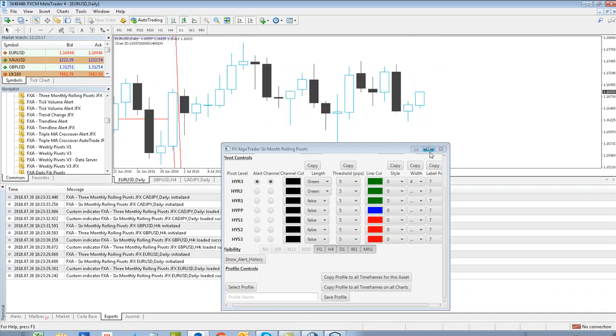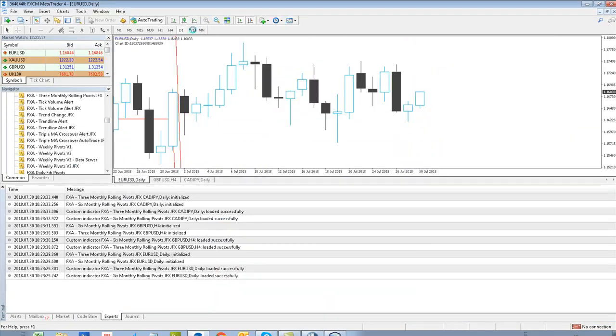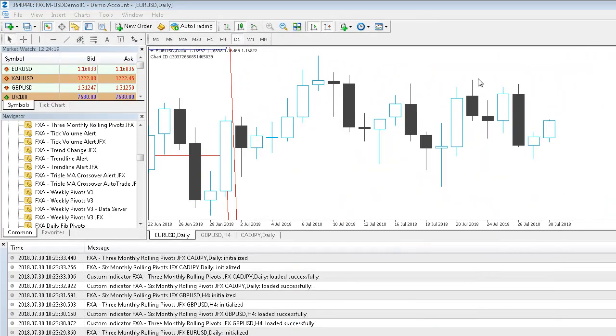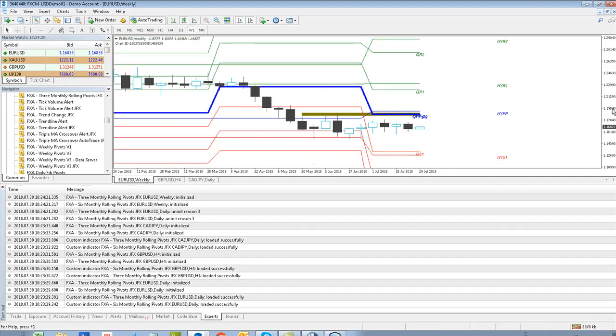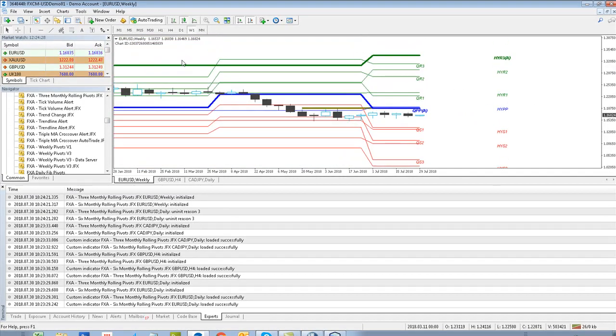So let's minimize the interface, go to our euro-dollar chart, doing a bit of calculation here. Okay, it's just getting some logging onto the server. So looking at our weekly chart on euro-dollar, we've got a bold HYR3,